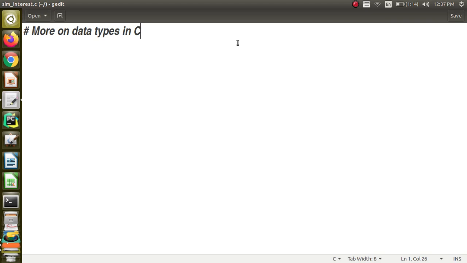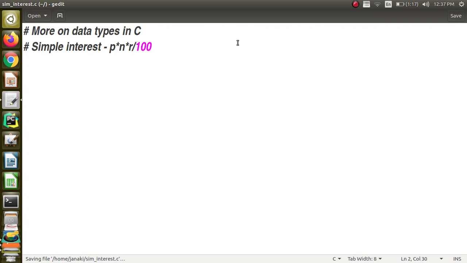Okay, so in this lecture first we are going to solve this simple interest problem. So how will we calculate simple interest in a bank? What is the formula? It is generally P into N into R by 100. This is the formula we use in general for calculation of the simple interest, where P is the principal amount invested, N is the number of years for which the investment is made, and R is the rate.